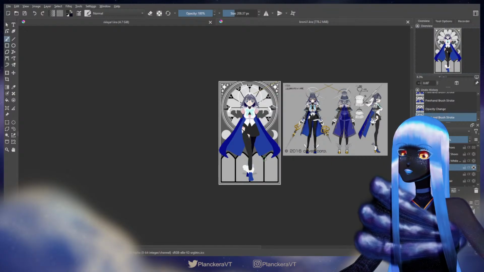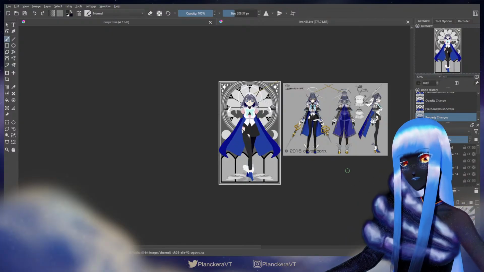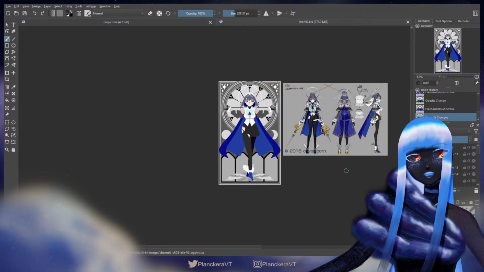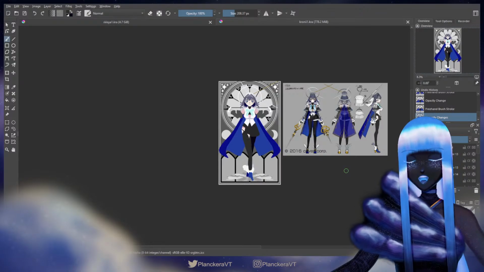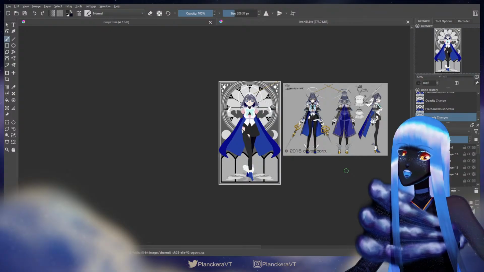I kind of want to start figuring out colors. I think it's time. Let me go turn my layers back on here. Okay. So a lot of this is just because I wanted to have a happy fun time drawing a nice stained glass window. So now I'm thinking about what her color scheme is, and it's very muted, so I'd say it's going to be blue and gold, and that's going to be my predominant colors for everything.